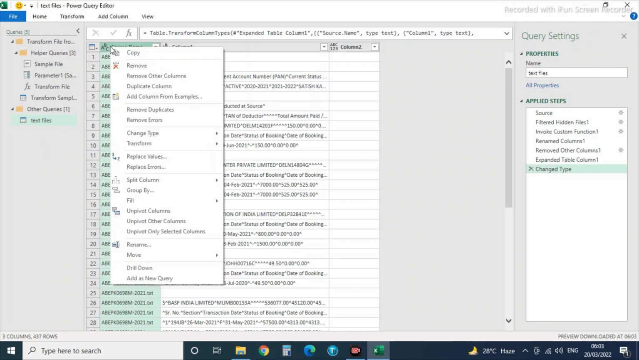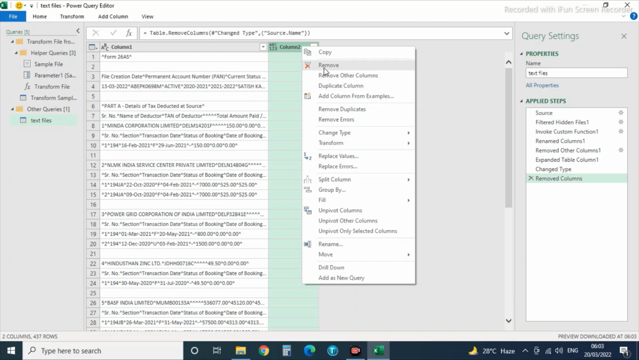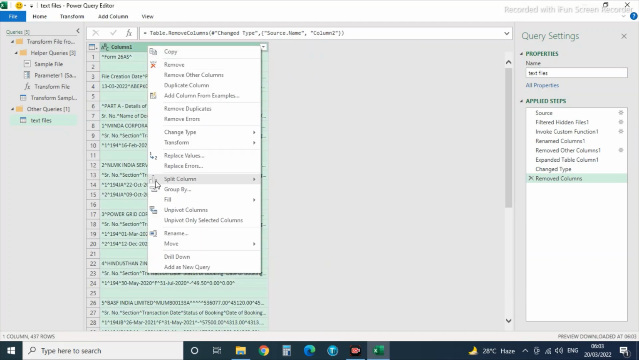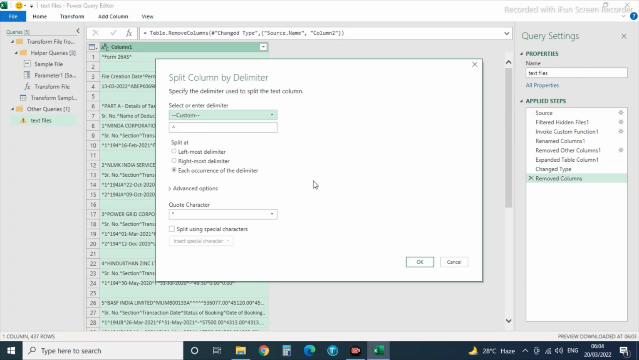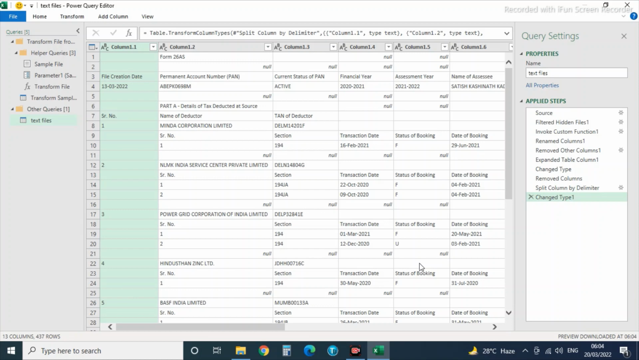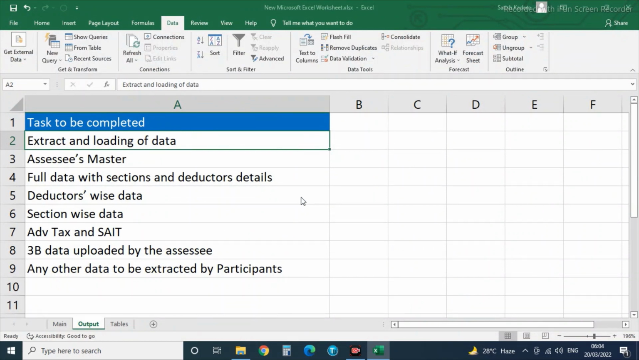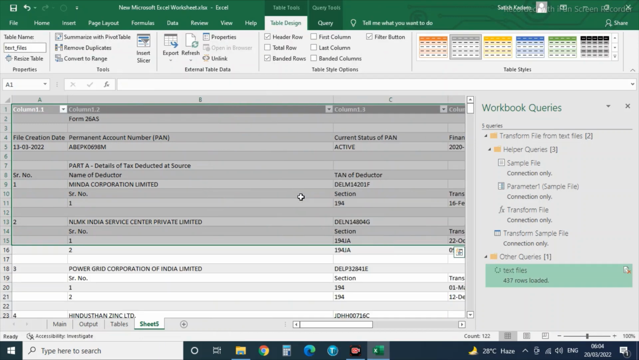I'll remove this source file name. I'll also remove this column. I'll right click, then select split column by delimiter. Now the data will be split on the basis of the caret sign. I'll select OK. Now I'll load the data, close and load. This I am loading for a temporary purpose, just to view the